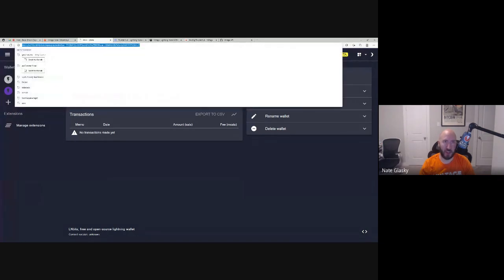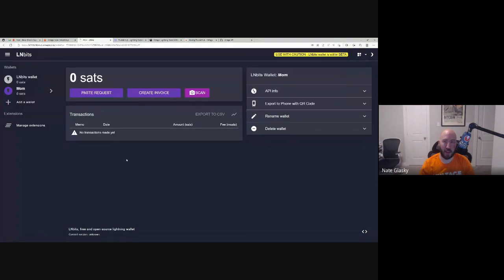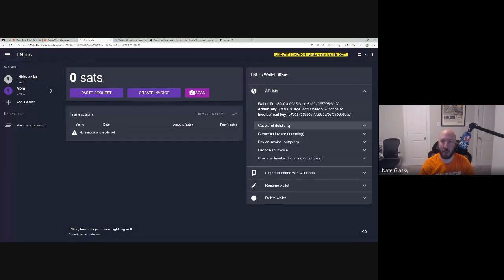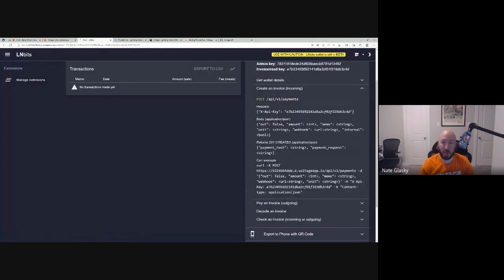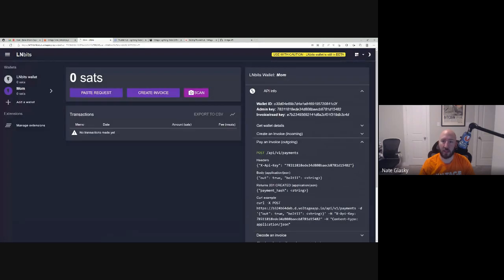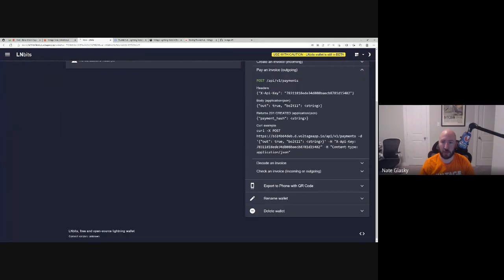And it's important that you do not share these URLs with anybody that they're not supposed to see, or they would be able to access those funds. We're hoping in the future to be able to password protect this, but we do not develop LNbits. We just deploy it, and those who are making LNbits are aware that we want password protection on this, but right now we do not have it. However, these APIs for get wallet details, create an invoice, pay an invoice, these things are a lot easier to use than the LND gRPC calls. So I encourage experimentation with this.